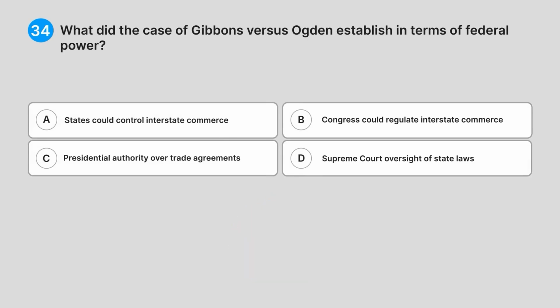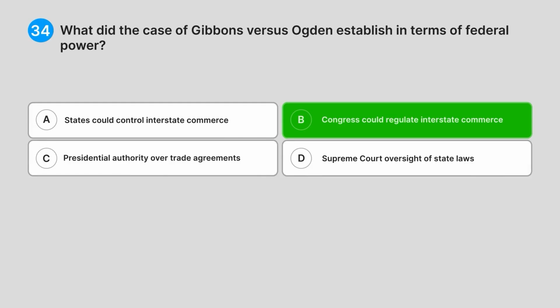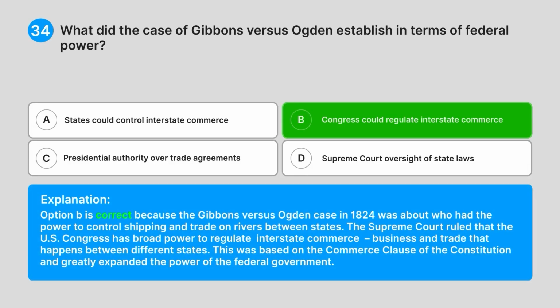Correct answer. B. Congress could regulate interstate commerce. Explanation. Option B is correct because the Gibbons versus Ogden case in 1824 was about who had the power to control shipping and trade on rivers between states. The Supreme Court ruled that the US Congress has broad power to regulate interstate commerce, business and trade that happens between different states. This was based on the Commerce Clause of the Constitution and greatly expanded the power of the